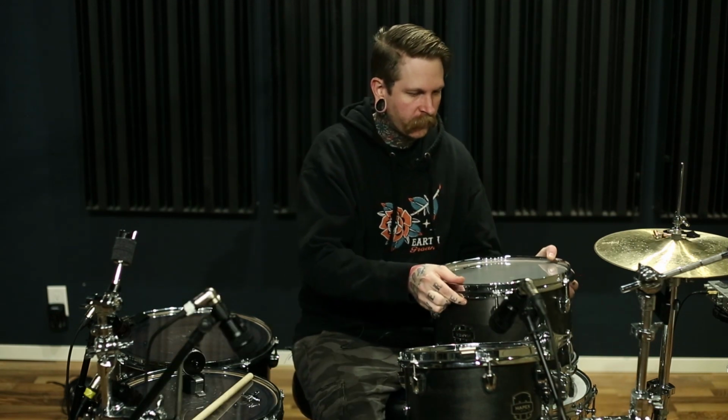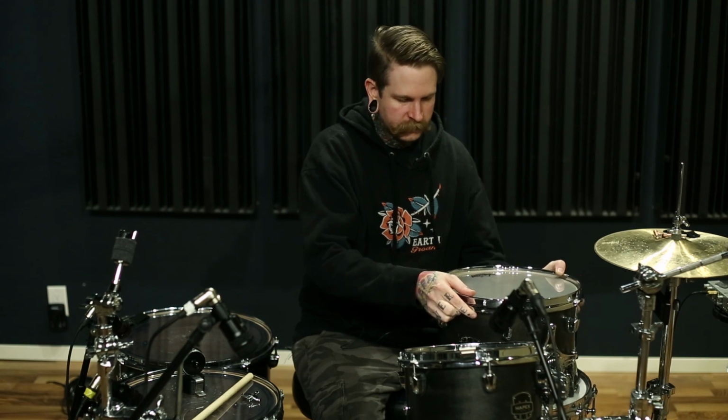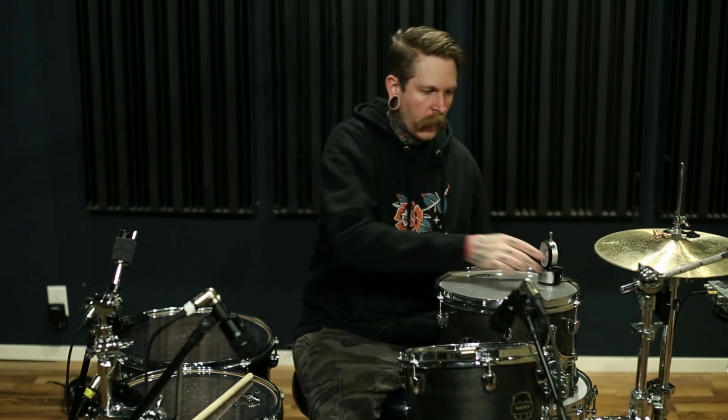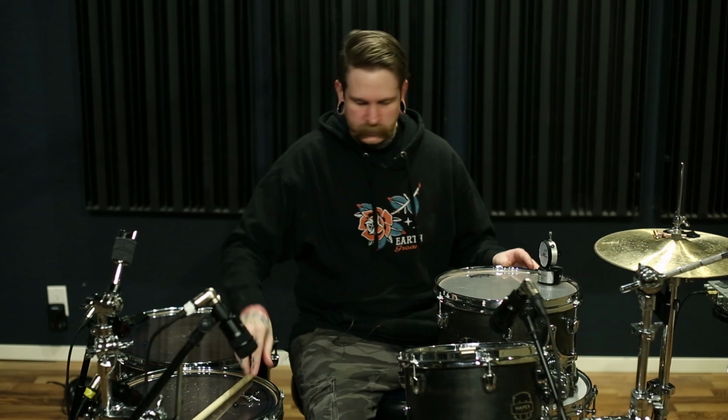I found that to be kind of the sweet spot. We're going to take the drum and flip it over so that the resonant head is on top. And then we're going to take our drum dial. It has a spacer here, and we put this against the rim. And we're just going to go across these